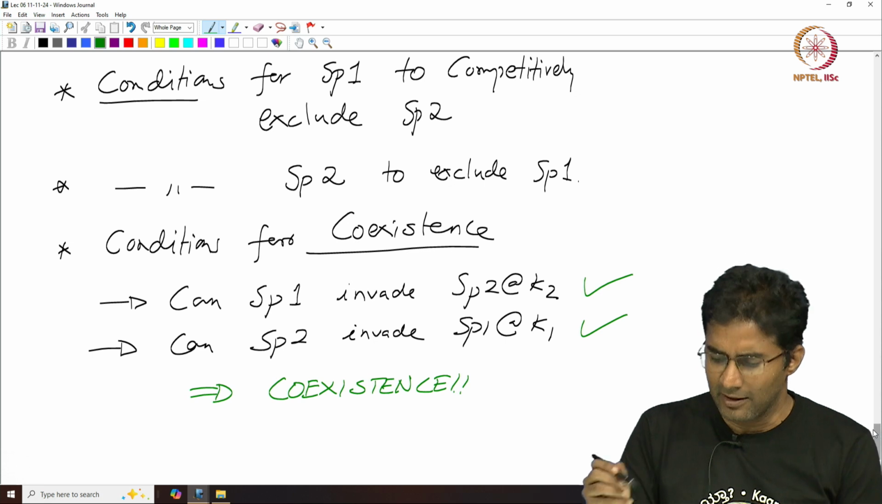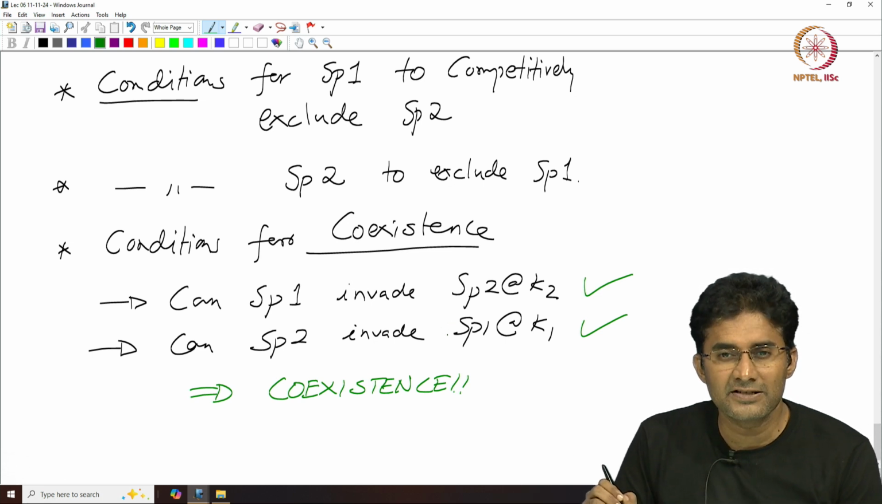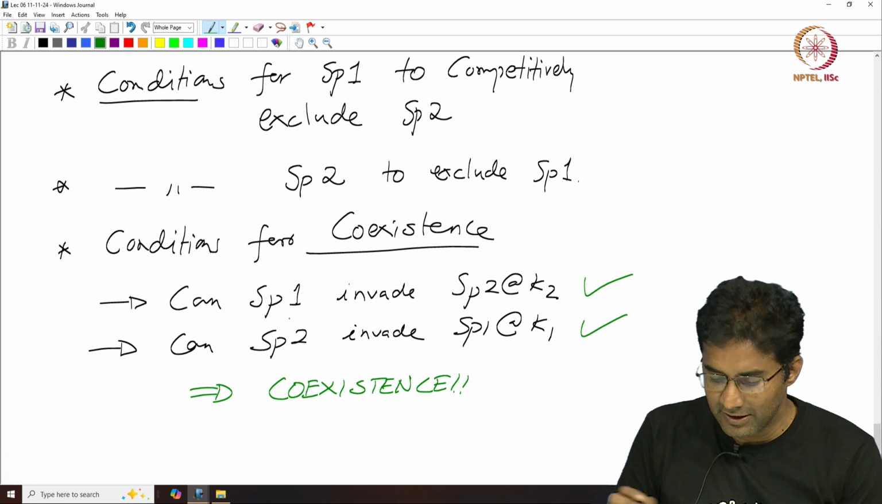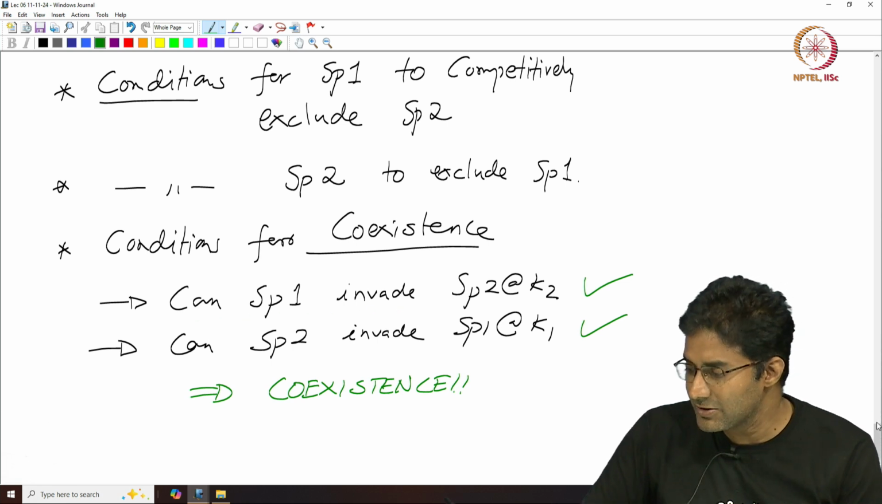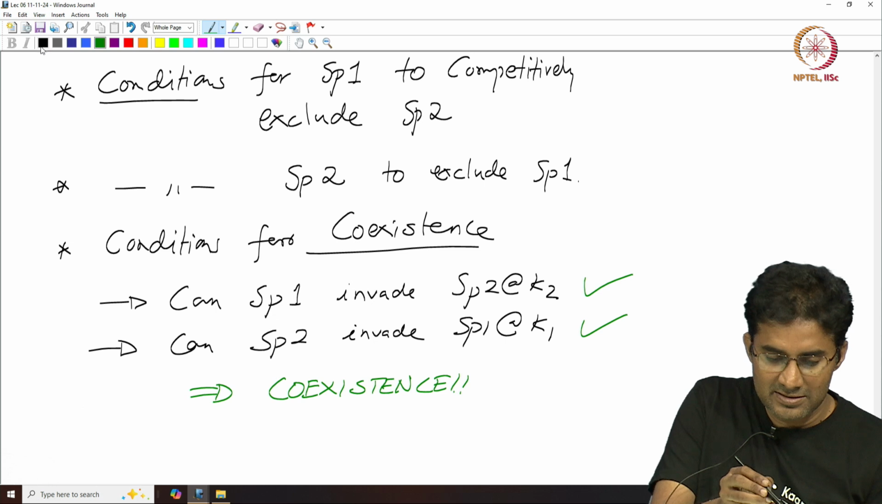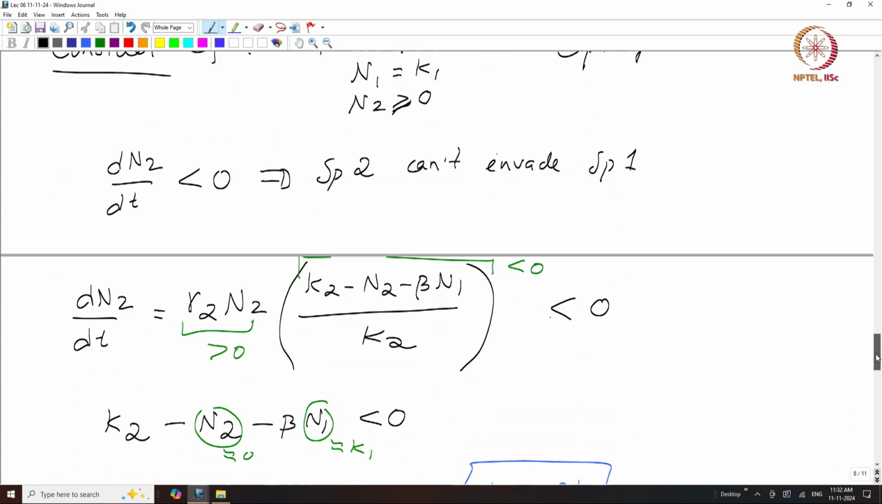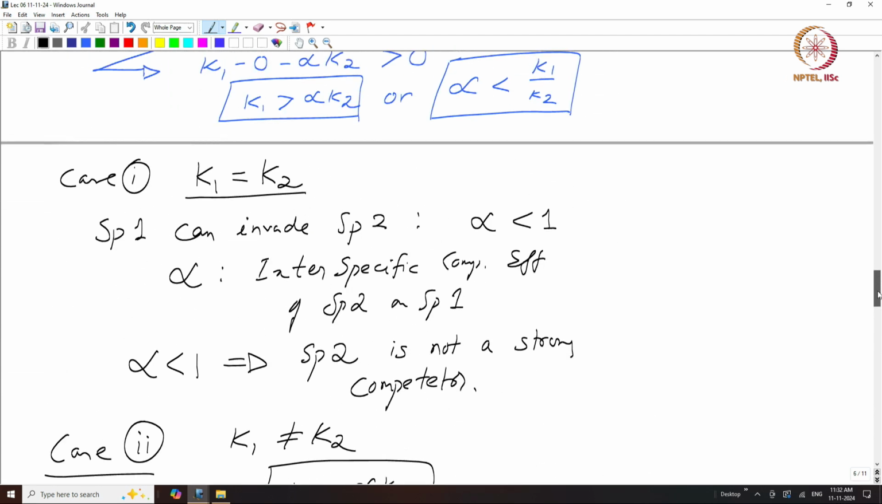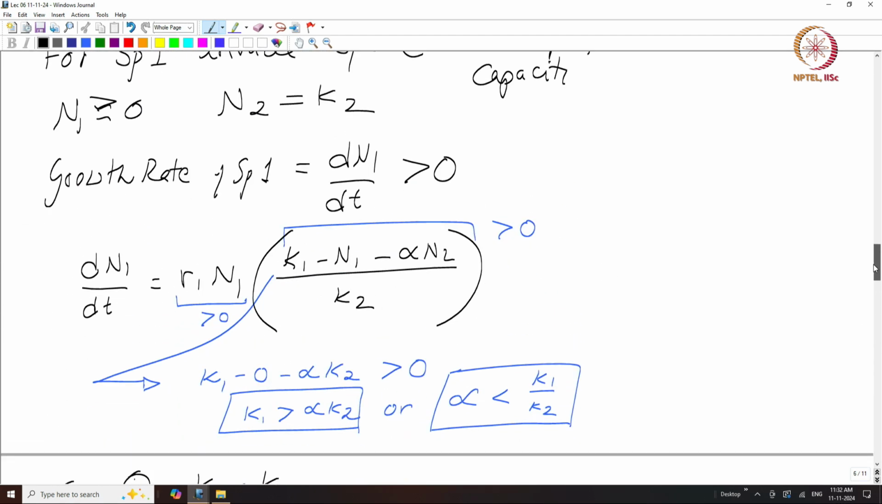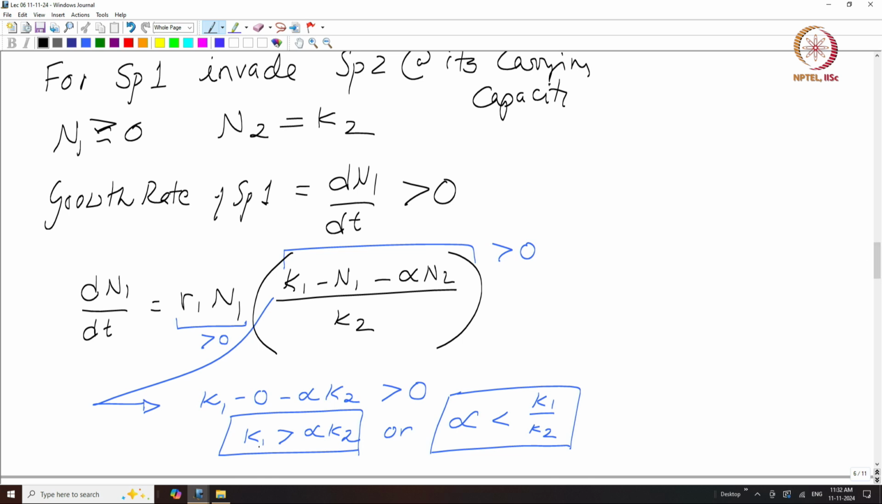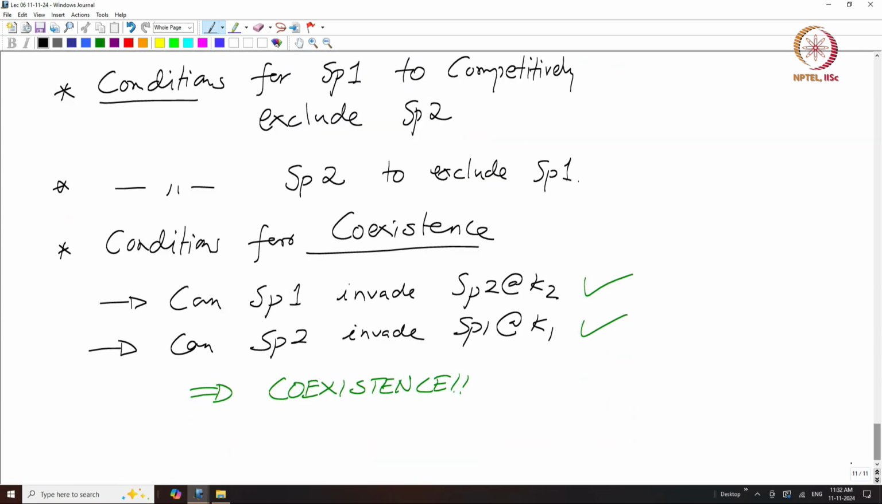And in fact, it should not be too hard to arrive at these two conditions. We already derived the condition for species 1 to invade species 2, and let us just go back to our notes and check what that was. For species 1 to invade species 2, this was a necessary condition: K1 must be greater than alpha K2. So the first condition is K1 must be greater than alpha K2,